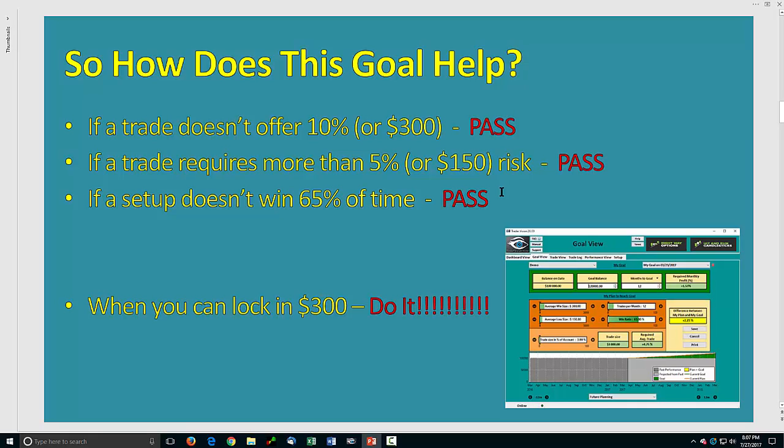And the third thing that you can tell from the chart is if it's a setup that is not something that you have experience at winning 2/3 of the time, you probably should pass. Don't take those risky setups. And the last thing this set of goals does for you is that as you're planning a trade and as you're managing a trade, you set the plan up to achieve that $300 profit as quickly as possible. And then when you're managing the trade, you lock it in as quickly as possible. That takes all the pressure off and puts you in a good position to succeed